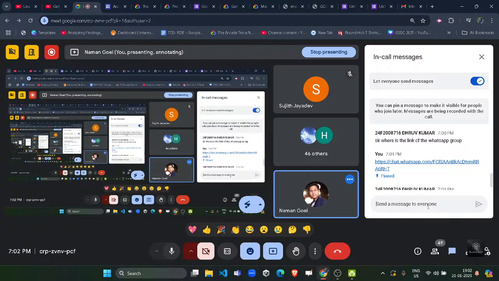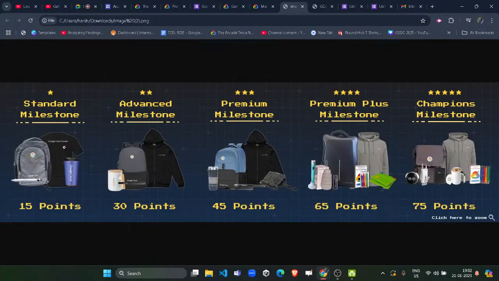Any idea which swags will be provided in this season? Mostly new swags would be introduced, but there are some common swags like hoodies, t-shirt, backpack. These three are the common swags that would be repeated every season. So you can expect the t-shirt, hoodie and backpack to be repeated every season, and